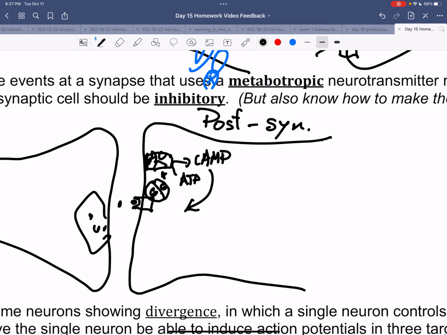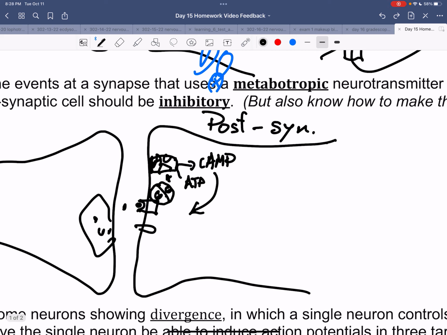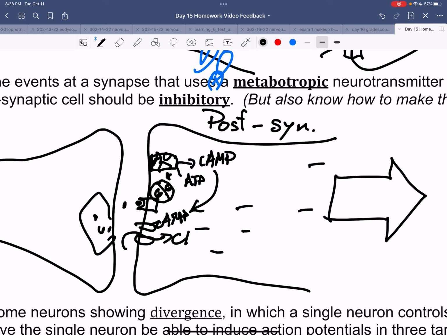will bind to, for example, a calcium channel. I'm sorry. Our cyclic AMP could bind to a calcium channel if we wanted more amplification, but cyclic AMP might bind to a chloride channel or a potassium channel, whatever there is. And binding to that channel then would open up, for example, a chloride channel. Chloride comes in, makes the cell more negative,